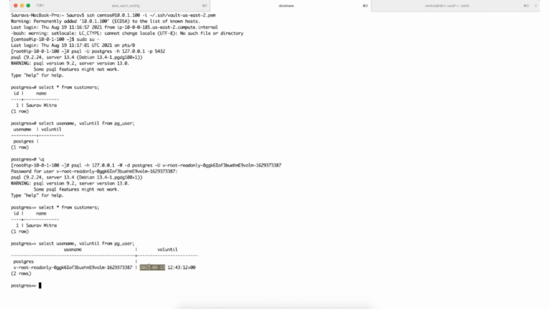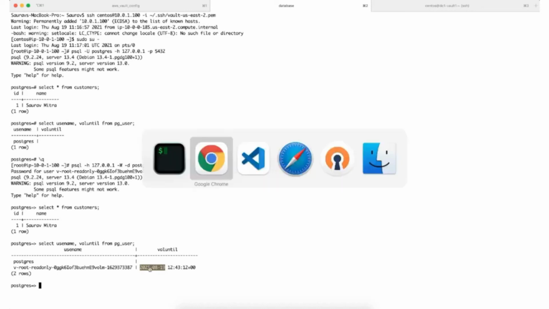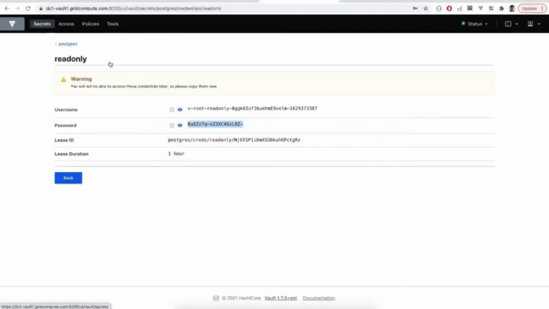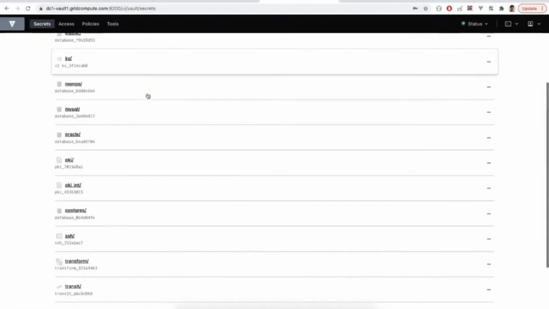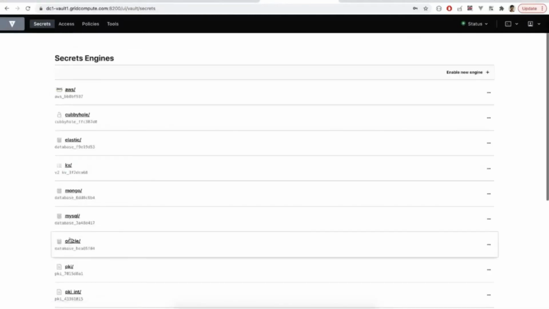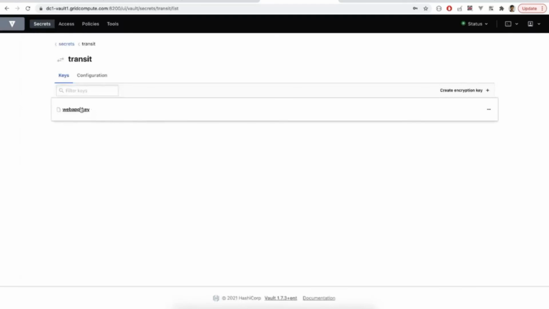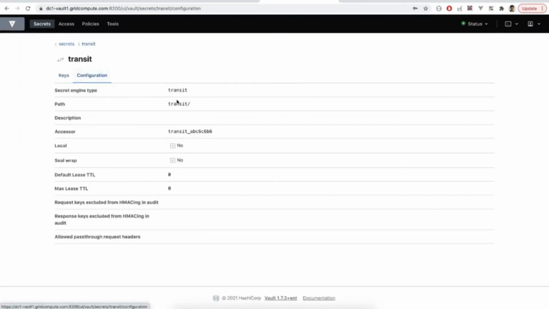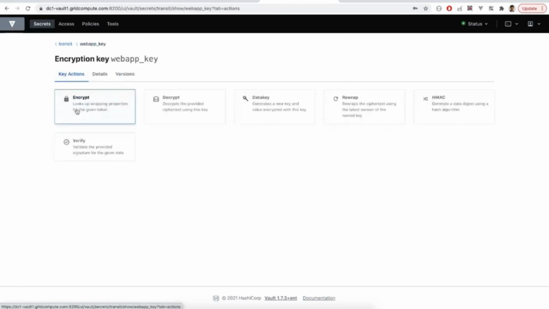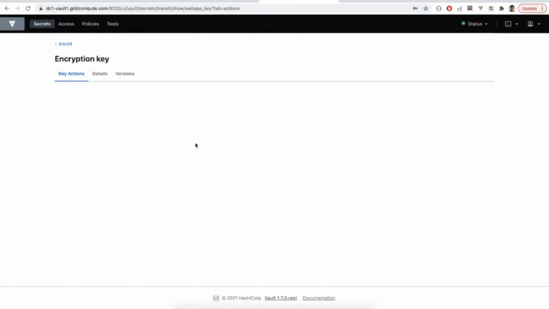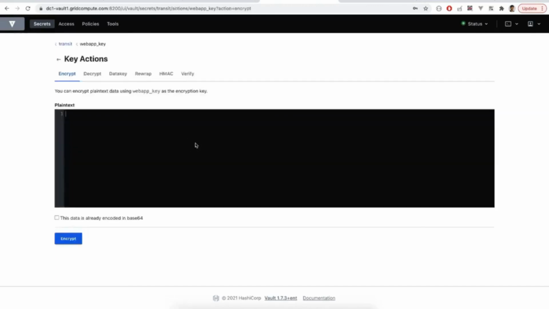Now the last secret engine we will cover for today is the transit secret engine. This is basically encryption as a service. This is mounted at a path currently at transit. Let's say you have a web app and you want to do some kind of encryption and decryption, so all this workload can be delegated to Vault. So for example, we want to encrypt some text coming from a web application, so you can use the web UI, CLI, as well as the HTTP API endpoints depending upon the use case.